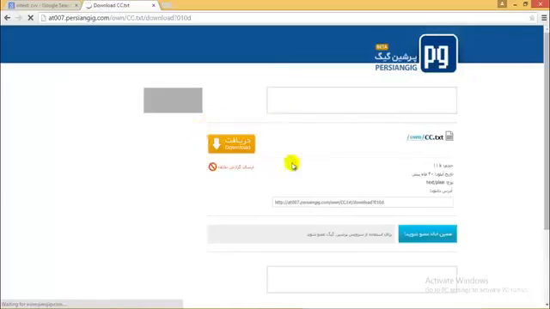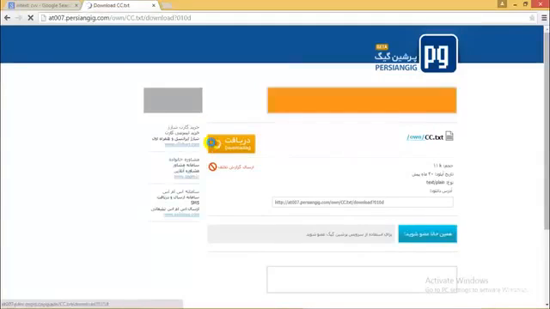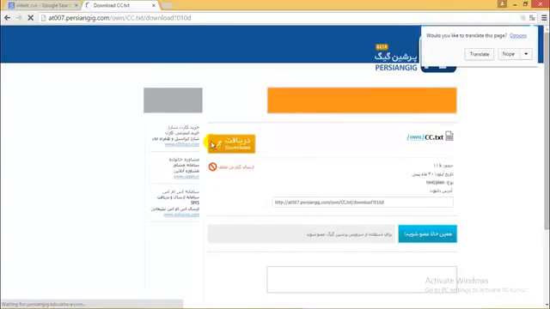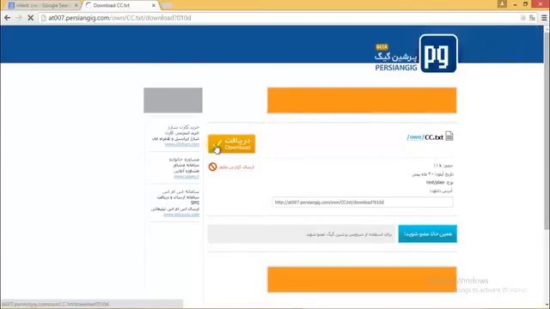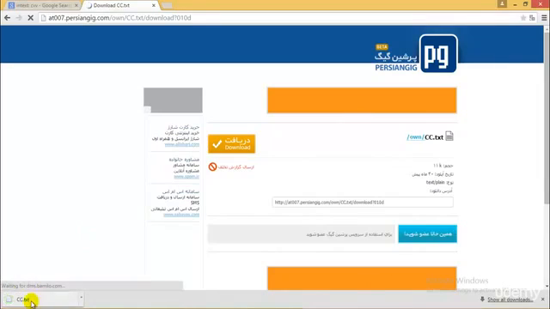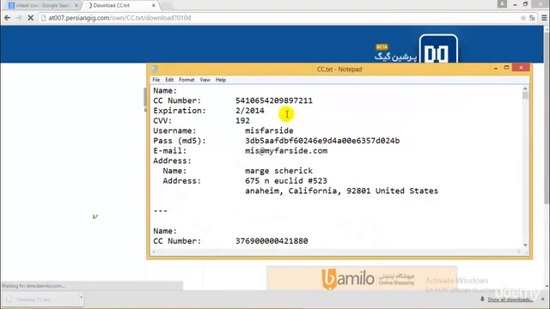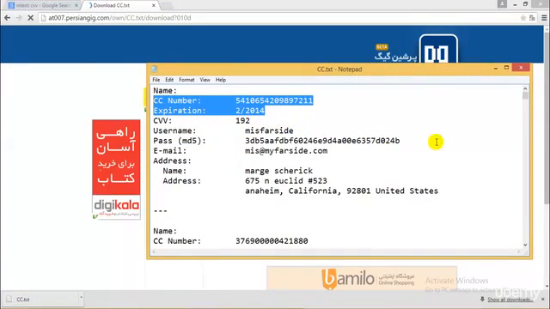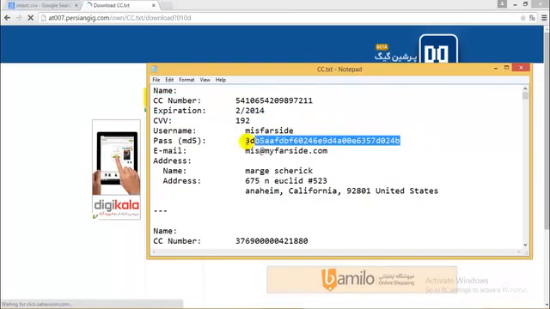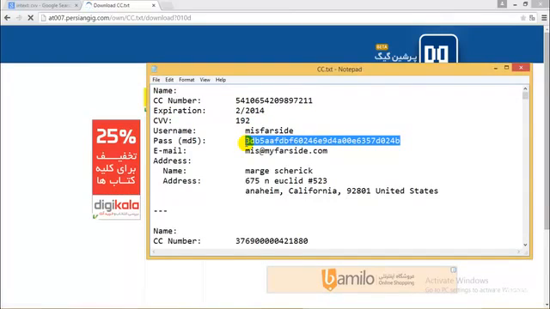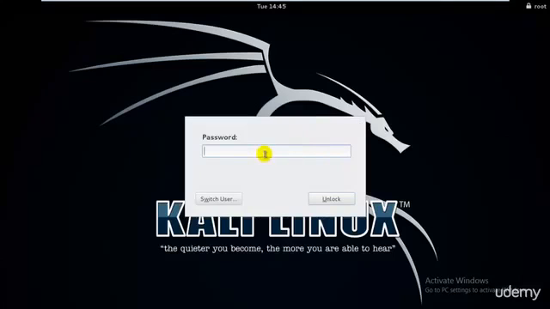Let me check. Okay, I'll just go and download this. If I don't have any exceptions, then I'll surely go ahead and show you. Okay, perfect. When I go ahead, you can see that we have these things, but these are expired. We have the username, the MD5 hash for the password, which, if you have a good cracker such as Burp Suite or John the Ripper that we have on Kali Linux, I'll just go ahead and open it